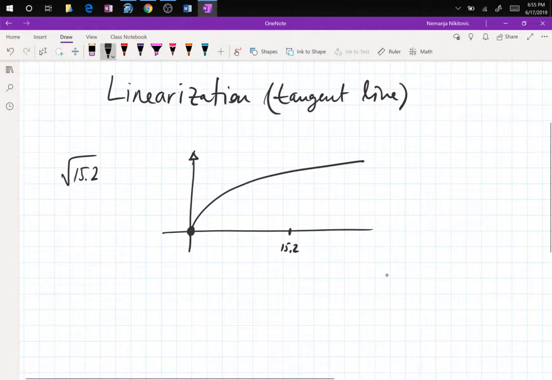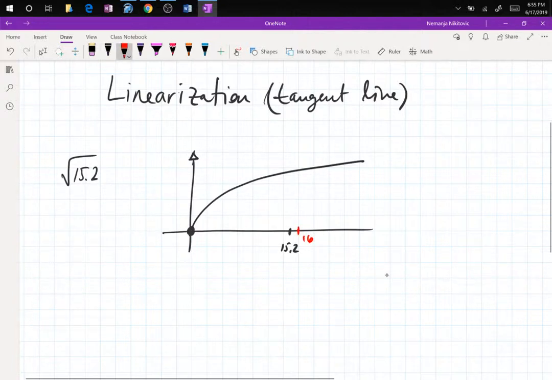What you can do instead is go to the closest value that can be computed nicely without a calculator, and that would be 16. Yes, you can take the square root of 9 and the square root of 100 and the square root of 36, but 16 is the closest value that you can take a square root of without the calculator. So you will go to 16 instead,